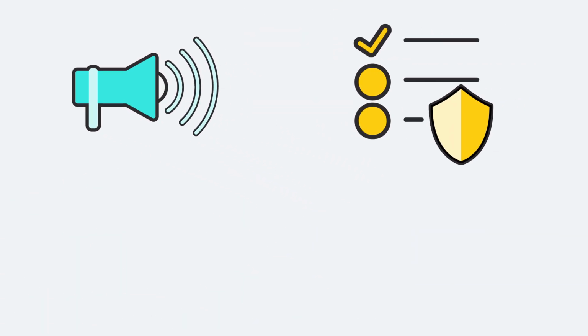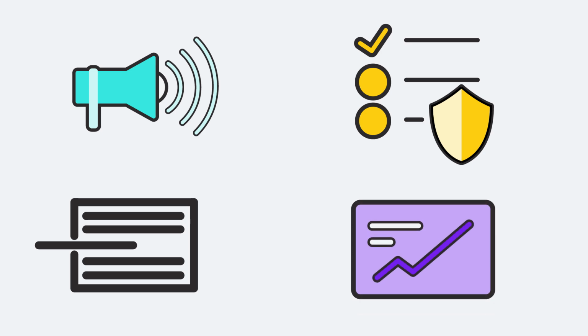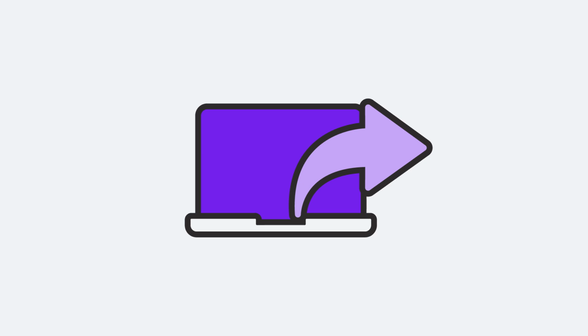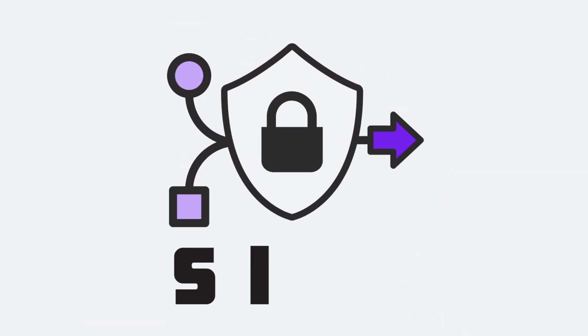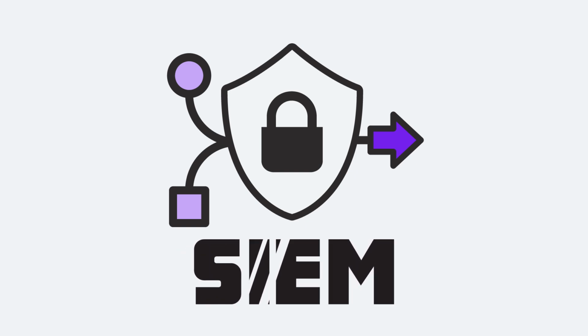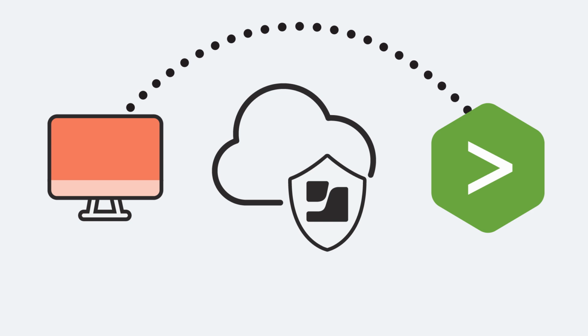This includes alert data, as well as baseline rules, unified logs, and telemetry data. We'll go over these terms in a moment. Administrators can also configure data endpoint collection, sending data directly from each enrolled computer to third-party services. For example, if my organization uses a Security Information and Event Management solution, or SIEM, like Splunk, I can configure my enrolled computers to send their data directly to Splunk for analysis.